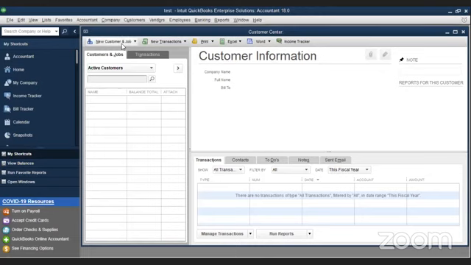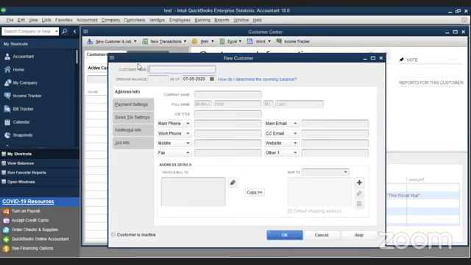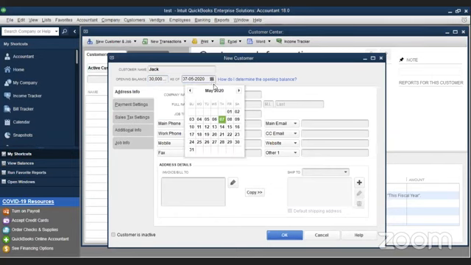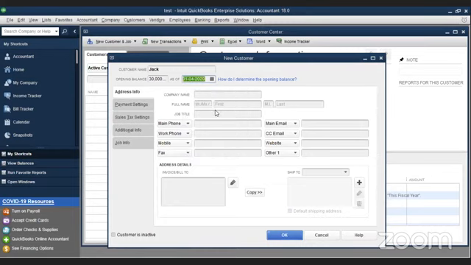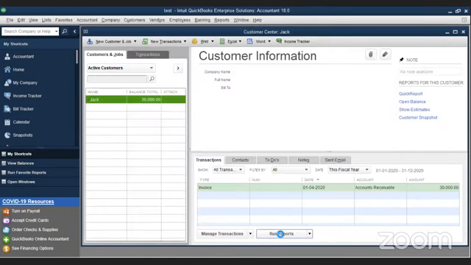You simply go to new customer, add the customer's name, we'll say Jack, and he has an opening balance of 30,000. Okay, so now we are done creating a customer account.